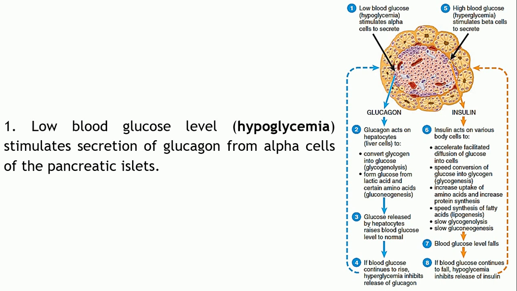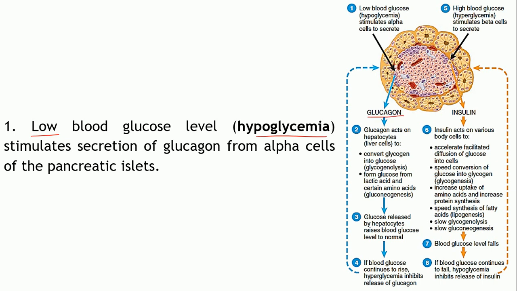Okay, now supposing the blood glucose levels are low, what is this condition known as? A decrease in the blood glucose level below normal. This condition is known as hypoglycemia. Okay, that is the decrease in the blood glucose level below normal. So which hormone will get secreted now? Insulin or glucagon? Yes, it's the glucagon which is secreted.